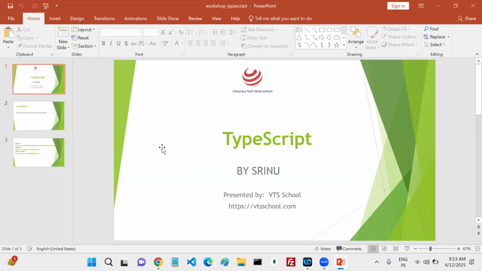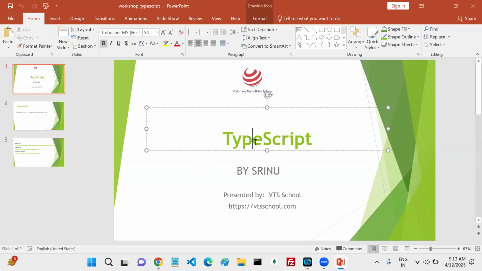So today's session is about TypeScript. Why do we go for TypeScript? Compared with JavaScript, what kind of benefits can you get? If you write some TypeScript code, how is it going to execute? These things we are going to discuss. First, why TypeScript? In JavaScript, what do we not have, and what do we have in TypeScript compared with JavaScript? Those things we can discuss first.